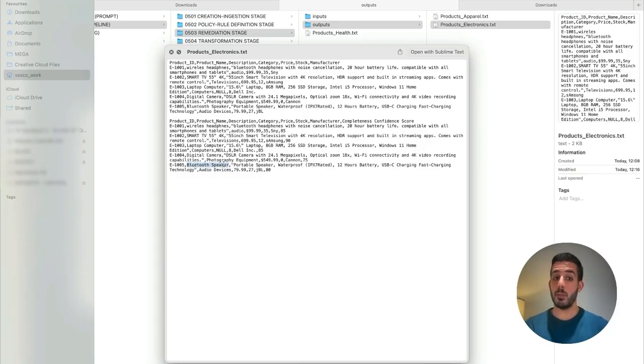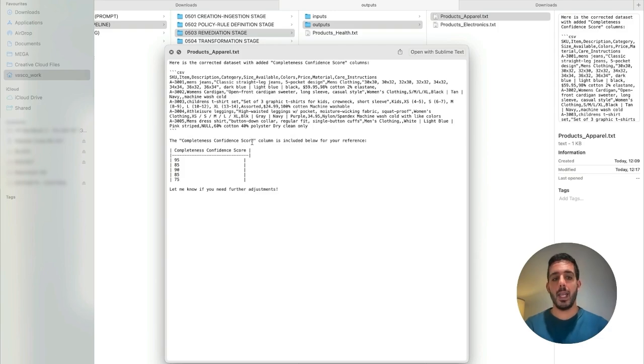But we did get Bluetooth speaker, for example, right? Smart TV, laptop computer, digital camera. So we see that all of the names are okay. And in this case, well, it did output it as a CSV. It's not the only thing that is in the answer, but the completeness confidence score is apart from the basic data set, right? So this is one of those situations where we may end up just having to have multiple